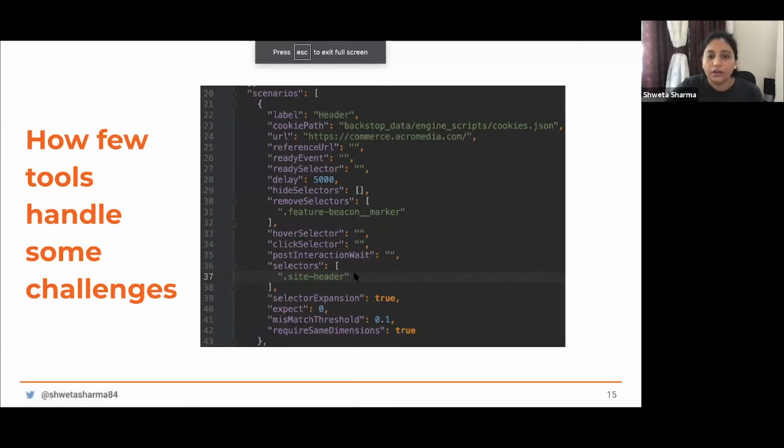So here the solution is that almost all of the automated visual testing tools that are available have this feature called remove selectors and even hide selectors. So for the header part, we're going to remove the feature beacon marker.